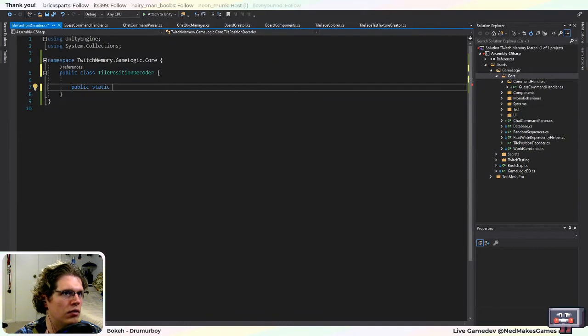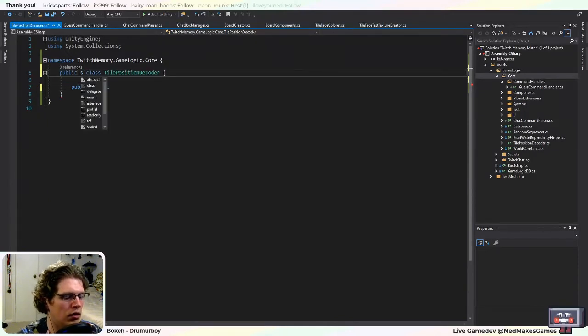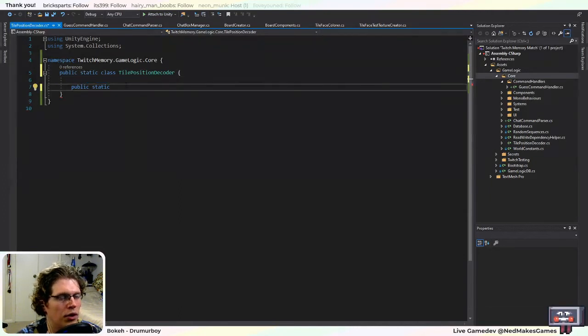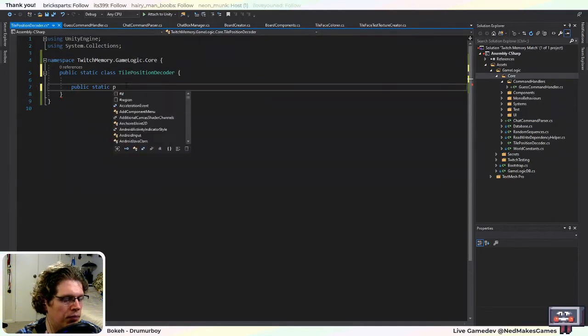Especially since if we wanted to be able to use this code in a job, it would need to be static, so I think that is one reason why we might want to go with this. But actually we can't use strings in jobs anyway, so I don't know if it really matters that much, but